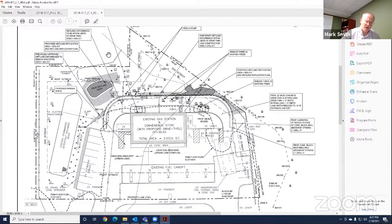Some additional MS4 criteria. We'll be providing tree protection for any trees to remain. And as I mentioned, any trees that are being removed are being replaced, actually being replaced plus one additional tree. The native soils will be reused. In the temporary disturbance area, to avoid compaction of those soils, we'll excavate the existing wetland soils, stockpile them, and save them for reuse. In the area where we are going to be doing seeding, we're going to go with a meadow seed mix. That should reduce the amount of mowing and maintenance and fertilizer, which is also a recommended